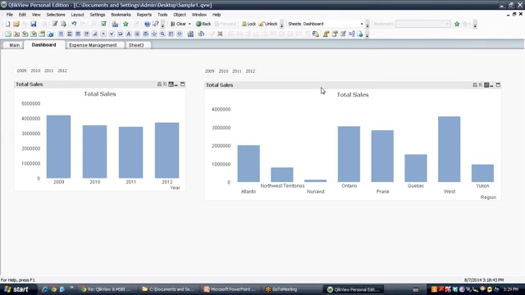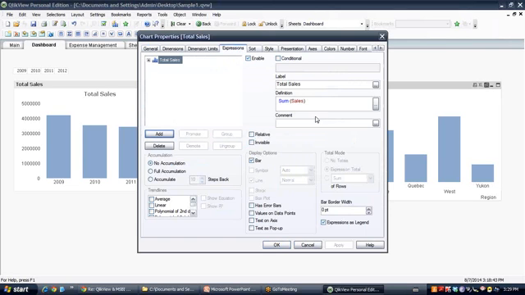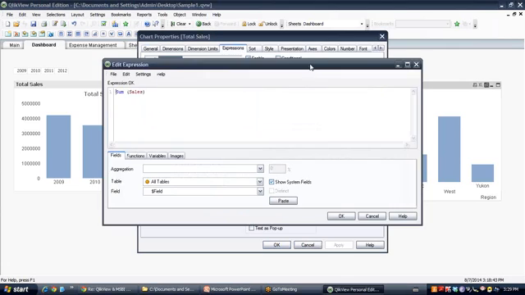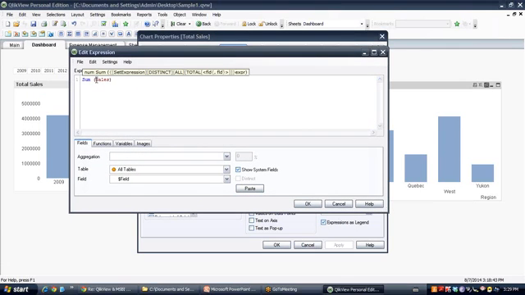So the next feature that I wanted to show you is how to implement set analysis. So let's go to expressions, and here if I say I would like to view information only for two different states, so there are a number of ways we can customize this. We can select the regions and create a bookmark, and directly the end user can select the bookmark created, and they can see the information only for those regions or those years or whatever is the user specific or business requirement. But there is a very, very interesting and very powerful feature of QlikView that is referred to as